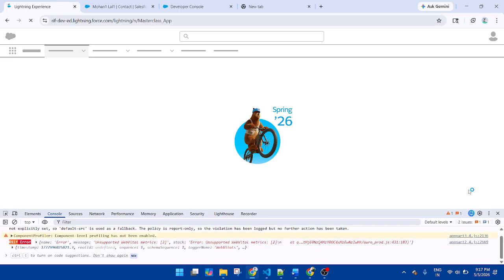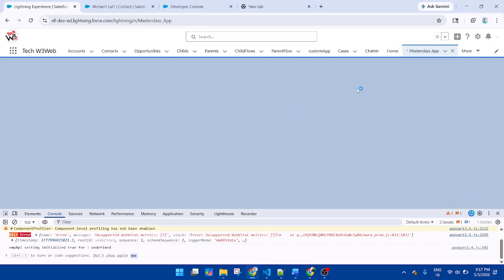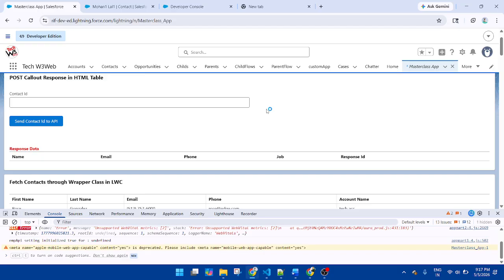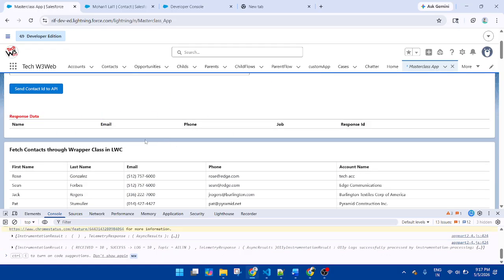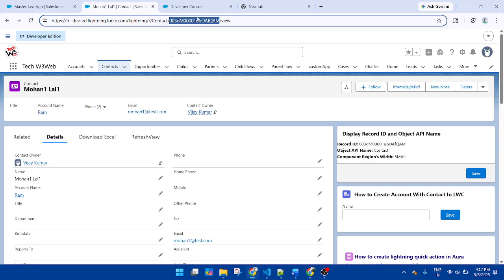Maybe log out and log in. Let me check. Yeah, this time my component is visible. Okay, this is a table. So once I click on the button, my response data will display below the table in the next row. So now pass the data. This is the ID of the contact.